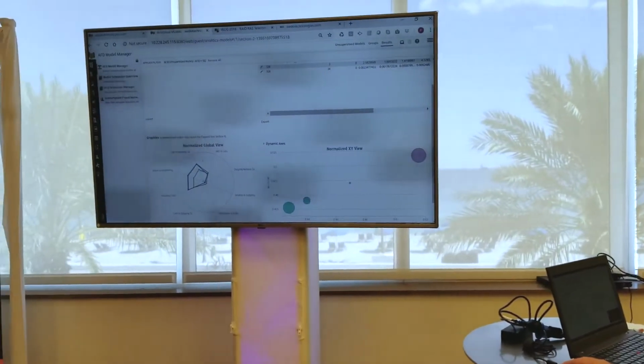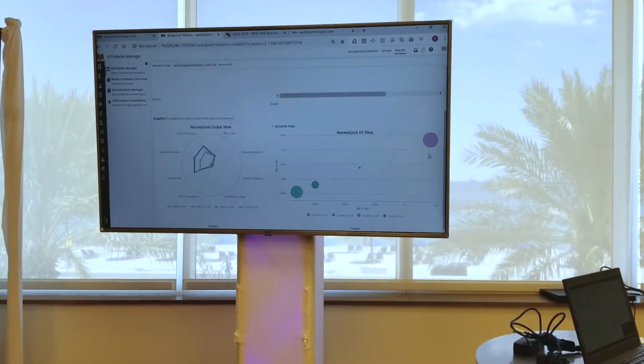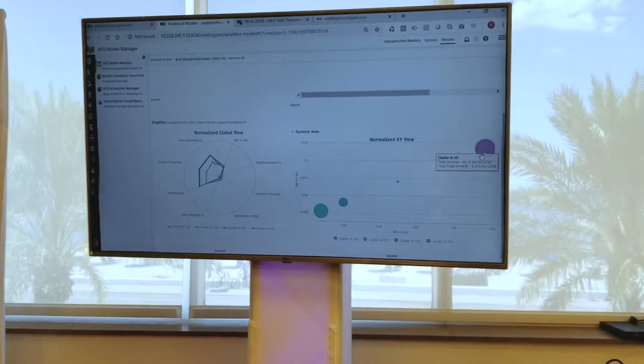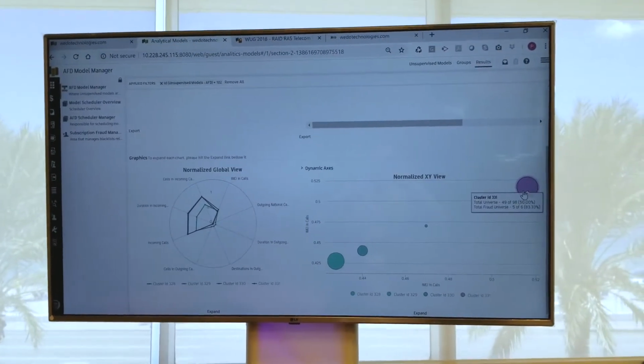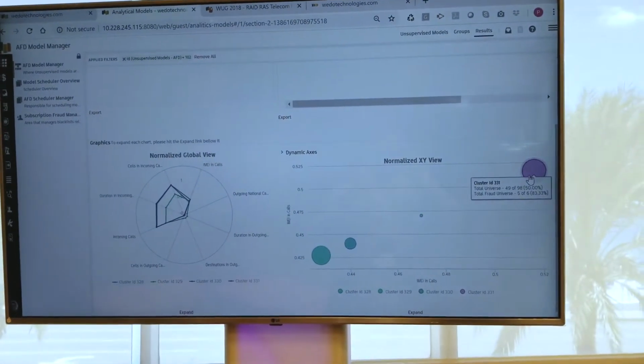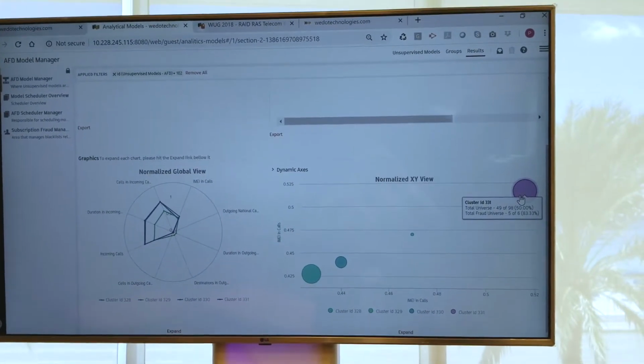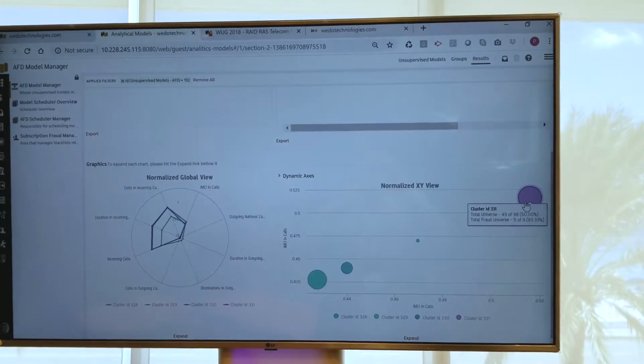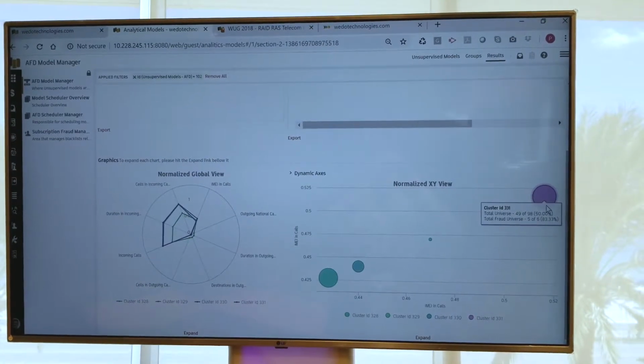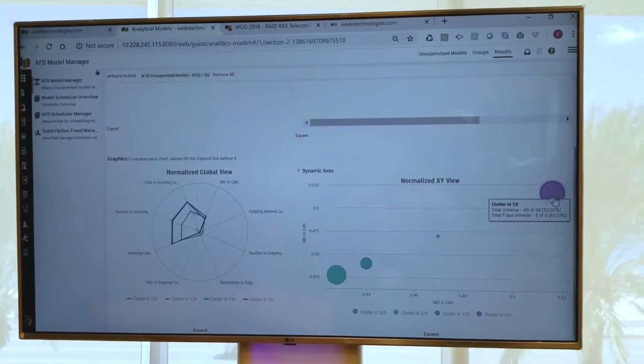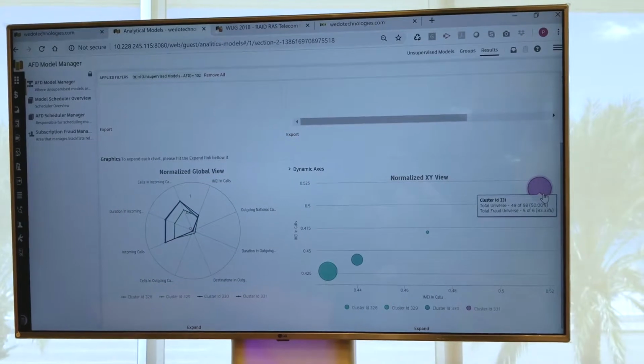The example that I have here on the screen is pretty much what we have in our product right now, which is every time we look at our subscribers, we can see different clusters being created. We can see this cluster that represents 50% of the universe that we have, and we have pretty much 5 fraud cases in there.